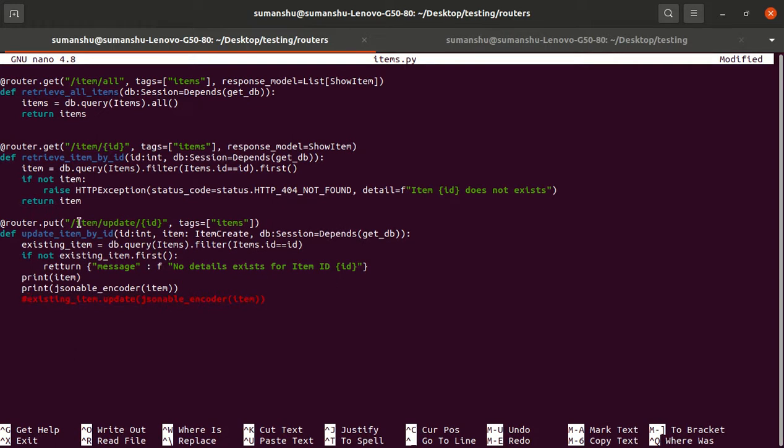I am only printing that, and let me also print the existing item, and print the existing item dot first, so that you can understand why I'm using the dot first.